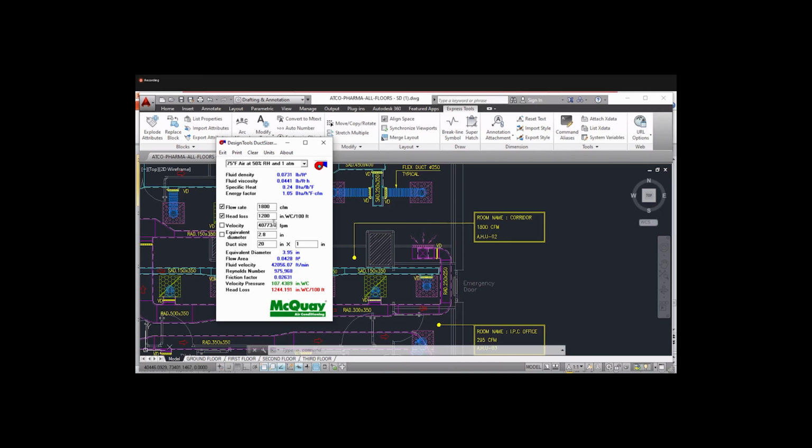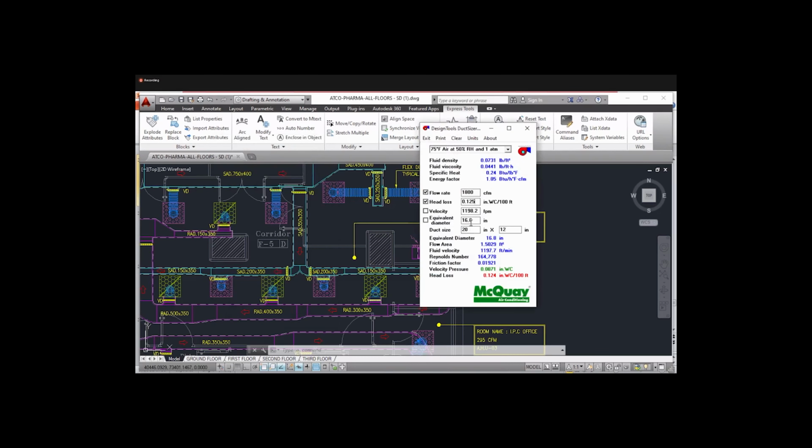0.125 head loss. So what is the equivalent dia here? Equivalent dia is 16.6. So we can use 20.